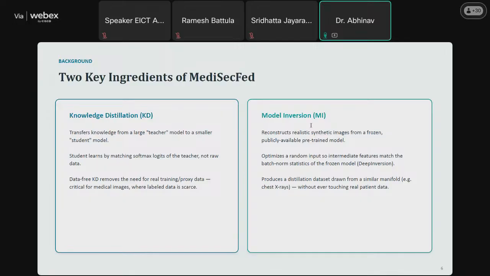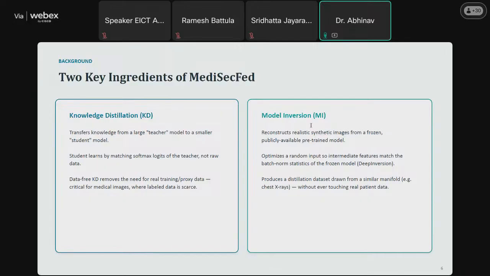They never exchange model parameters. They exchange only prediction logits computed on synthetic images. So this simple idea solves multiple problems simultaneously. It improves privacy, reduces communication overhead, supports heterogeneous client models, and makes the framework more robust against malicious participants.